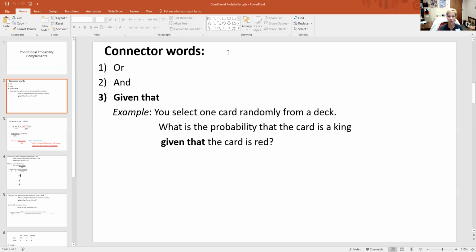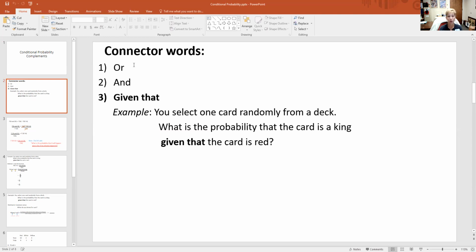Okay, in this video, I'm going to talk about conditional probability, and I'm going to talk about your third connector word, "given that." So as usual, I'm going to share my PowerPoint with you and talk you through it. Okay. Now, there are three connector words that you're going to be responsible for, and we've already gone